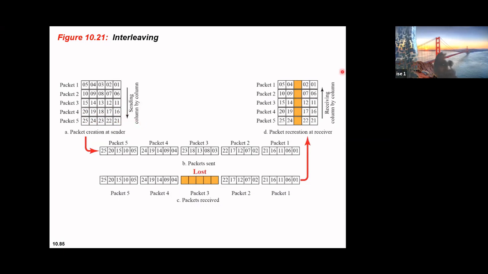Now what happens if I put a checksum over here? You got the idea? And this is completely missing. Can I recover this value if I have checksum here, and assuming that checksum has arrived correctly? How will I recover this one bit of this row, packet 1, packet 2, packet 3, packet 4, packet 5?